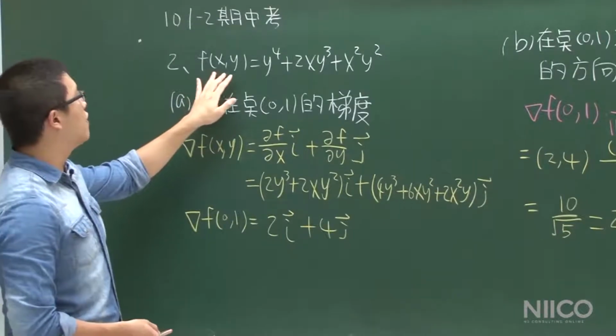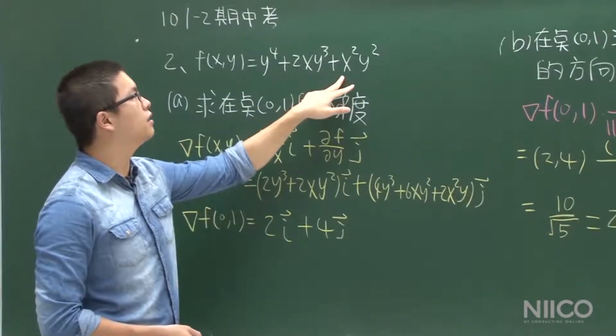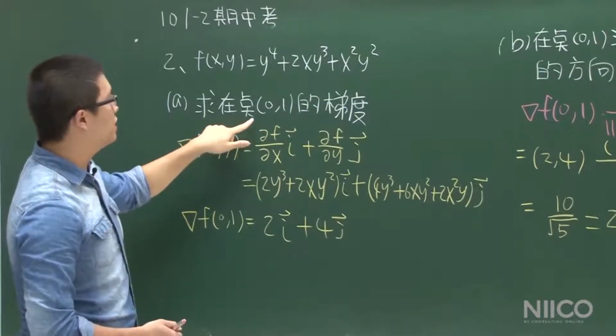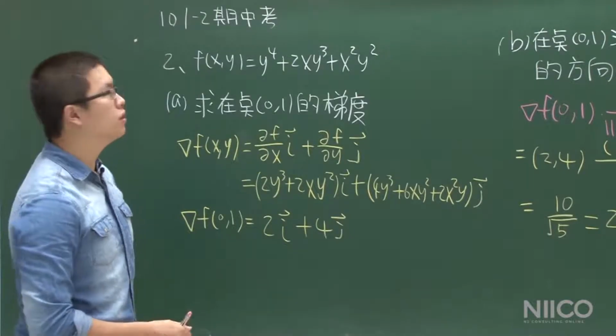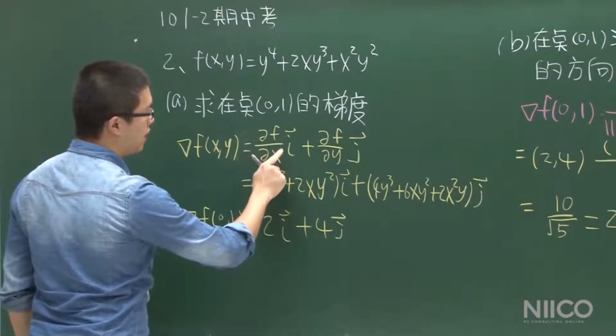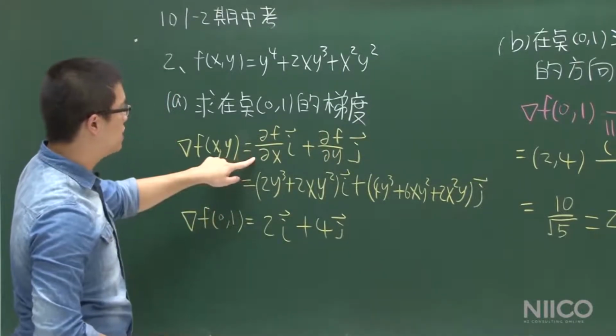So in this problem, we're going to calculate first the gradient at 0 and 1. This is the function f of x and y, and it is defined as y to the fourth plus 2 times x times y to the third plus x squared times y squared. So the gradient would be partial f over partial x as the x component and partial f over partial y